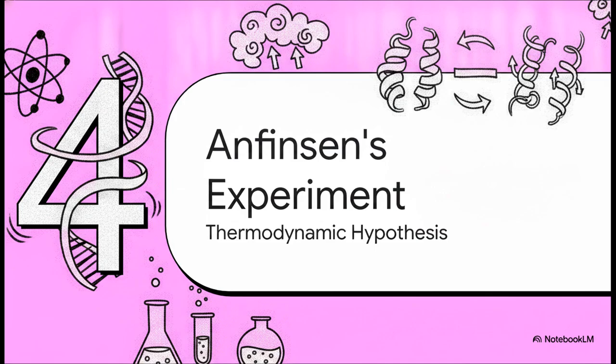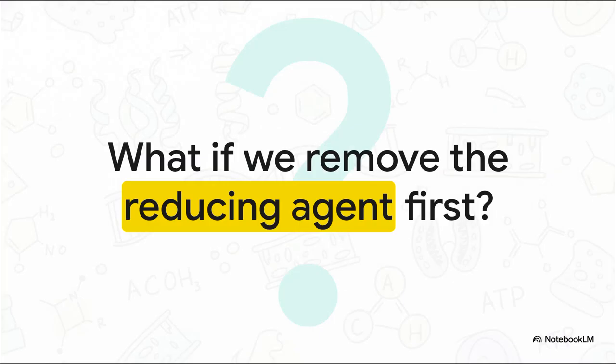All right, shifting gears to Section 4 and Anfinsen's landmark experiment. To really grasp Anfinsen's genius here, I want to pose a highly testable scenario directly to you. What happens to a denatured protein if we remove the reducing agent before removing the chaotropic urea? Think about it. Anfinsen deliberately used 8 molar urea to completely disrupt non-covalent forces, and beta-mercaptoethanol to snip apart